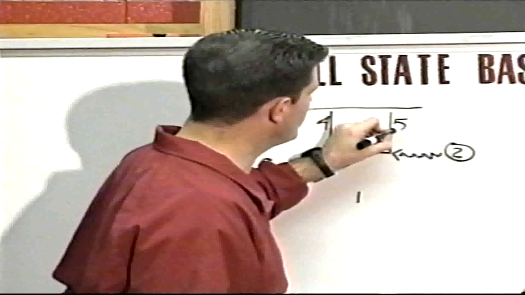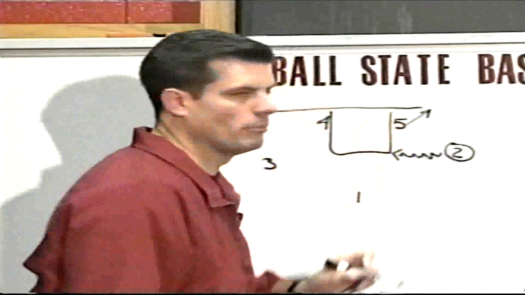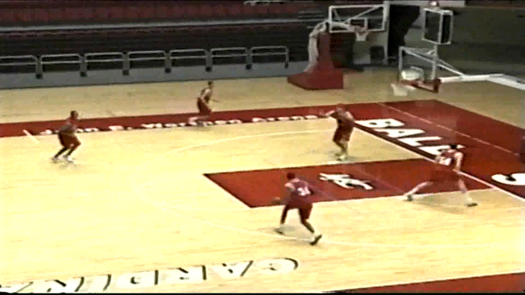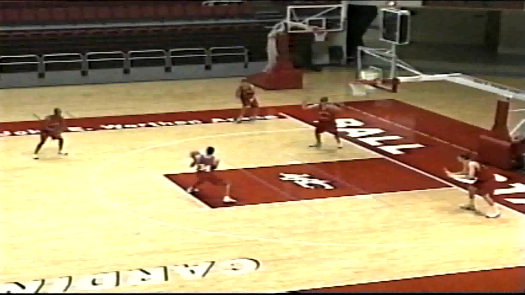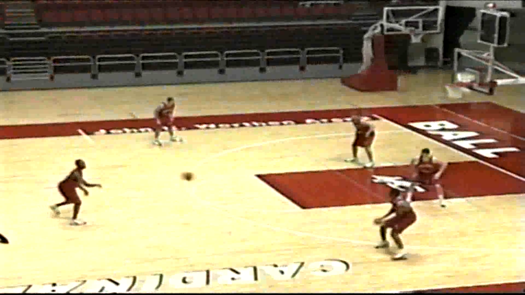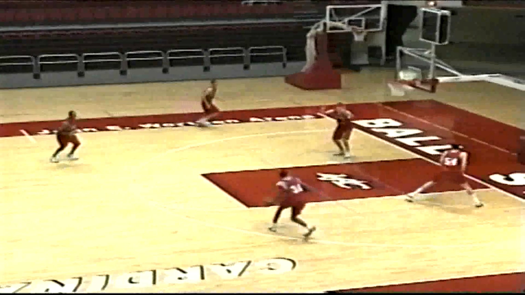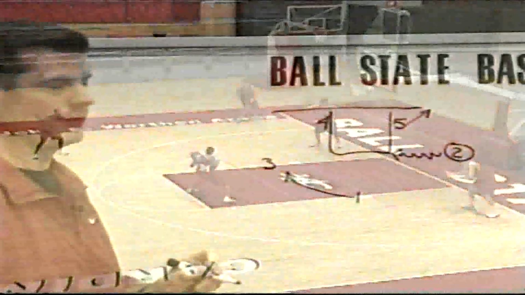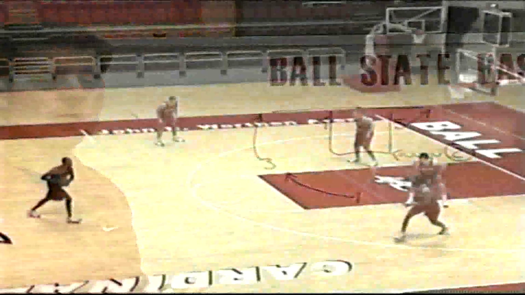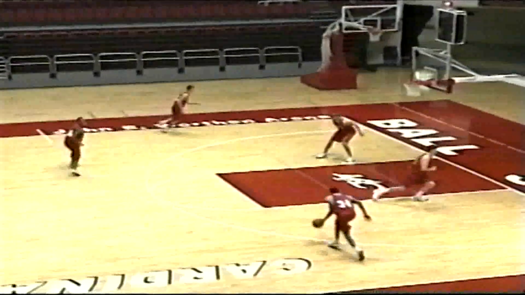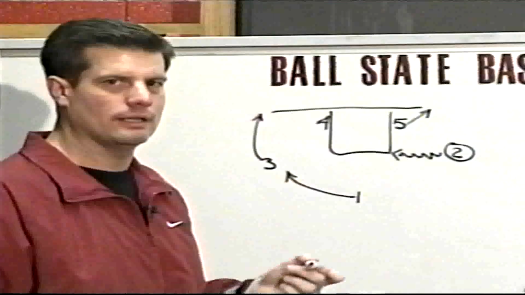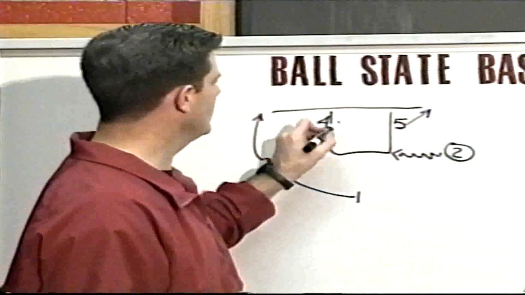We take our 5-man and we run him to the ball side short corner. The 1-man moves on the penetration to the left wing, and the 3-man moves on the penetration to the left corner. Our 4-man has 2 options in this scenario. If his man is equal